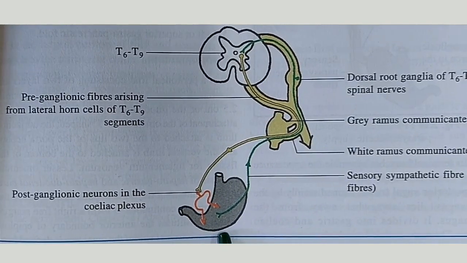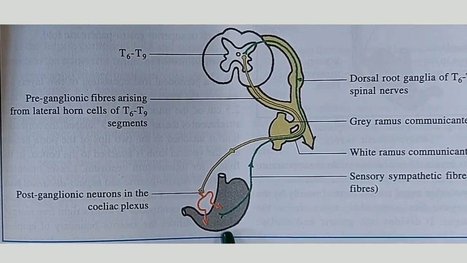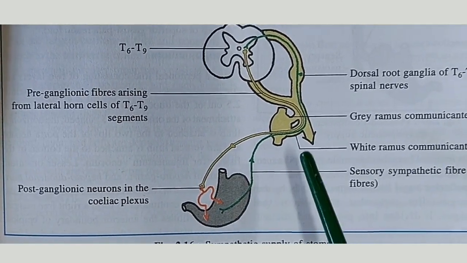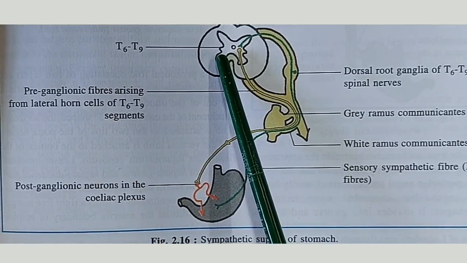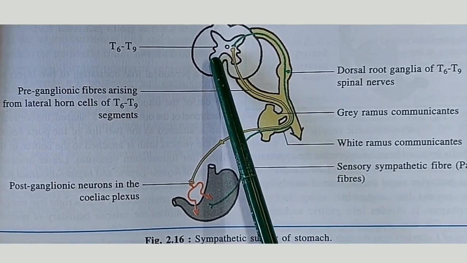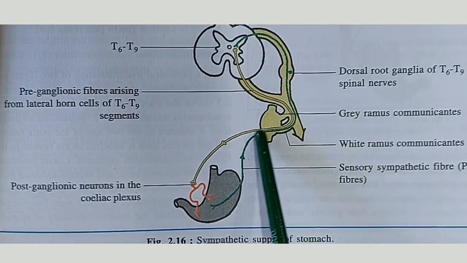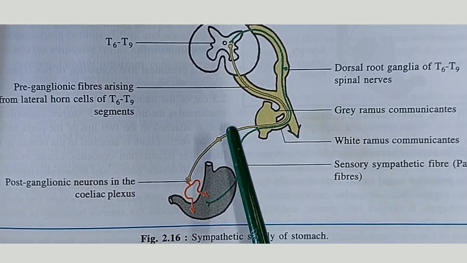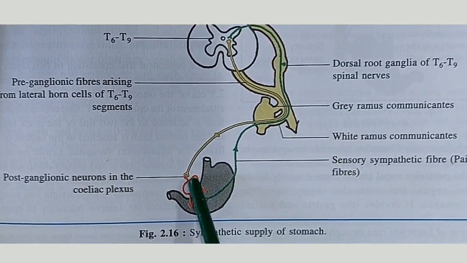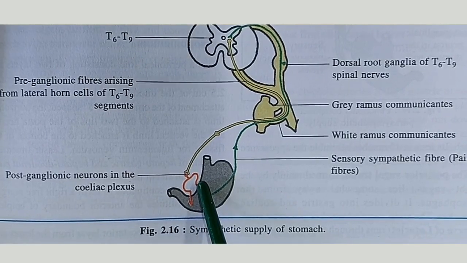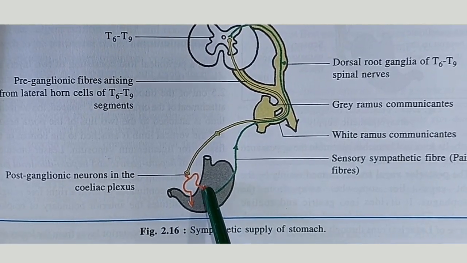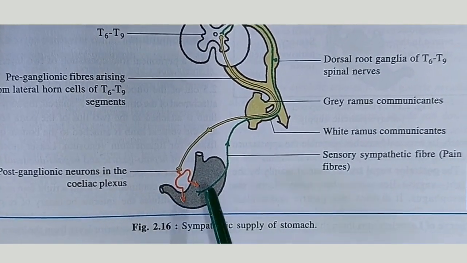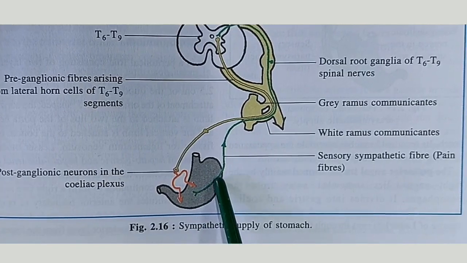Nerve supply of the stomach. The stomach is supplied by both sympathetic as well as parasympathetic fibers. The sympathetic fibers arise from the lateral horn cells of the T6 to T9 segments of the spinal cord, and these fibers reach the celiac plexus. The postganglionic fibers from here reach the stomach around the perivascular coat of the arteries of the stomach. The sympathetic fibers are primarily vasomotor, and they also stimulate the pyloric sphincter and inhibit the gastric musculature.